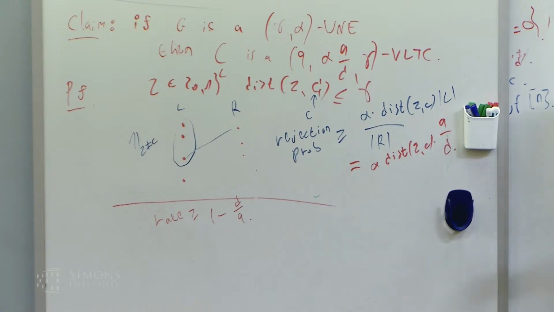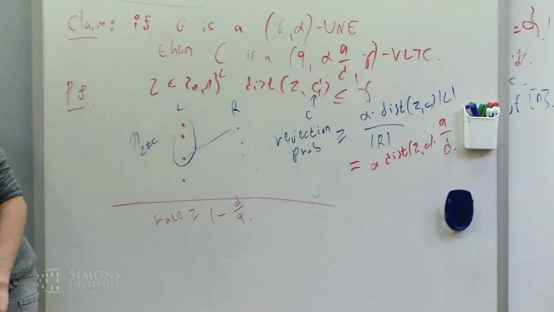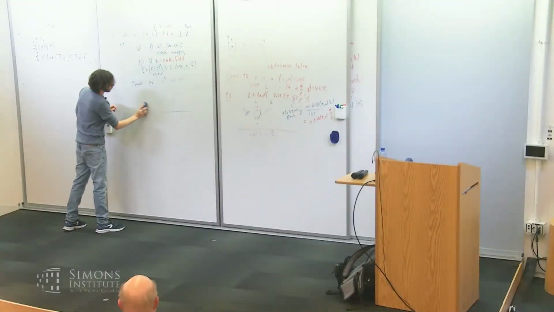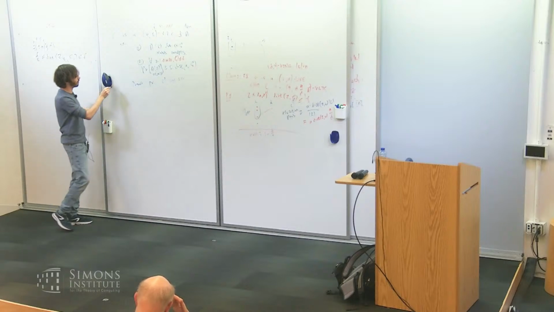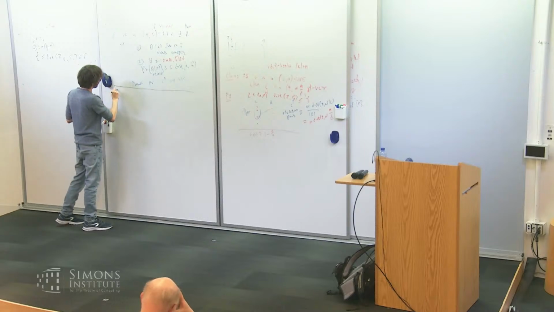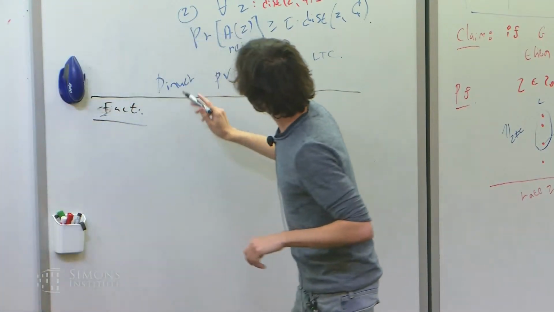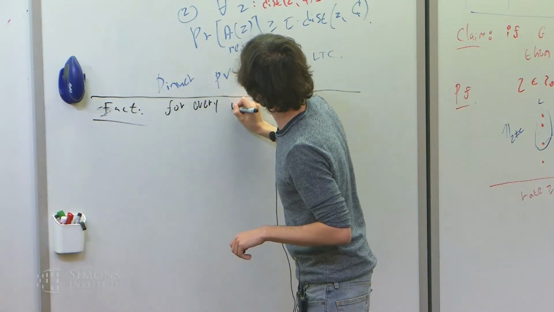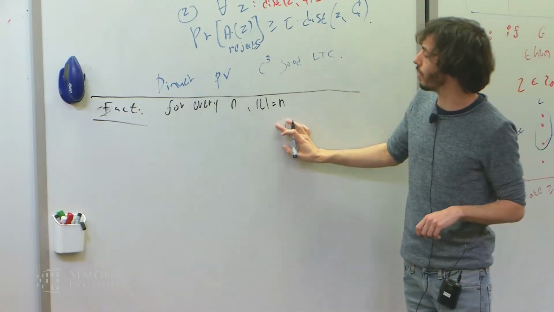Oh, so I need to say that unique neighbor expanders exist. So this will show that VLTC exist. There are explicit constructions that are quite good, the CRVW construction, for example. But non-explicitly, let's say fact: for every n, the length of the left side,